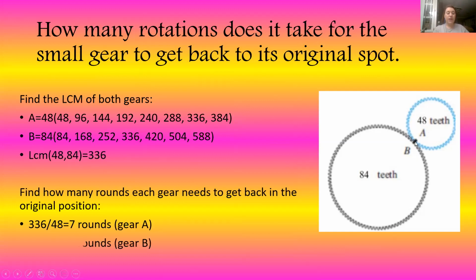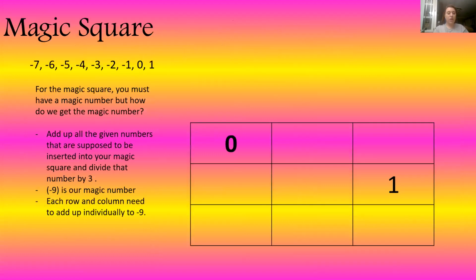Now, to figure out how many rounds it'll take for gear B to go around gear A and get back to its original starting point, it's 336 divided by 84. So that'll give you 4 rounds. All right, on to our next subject,